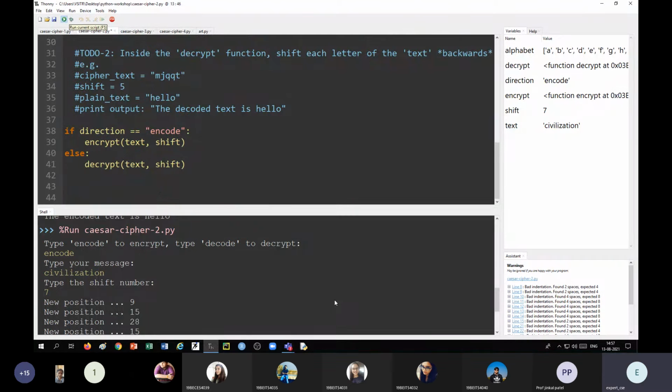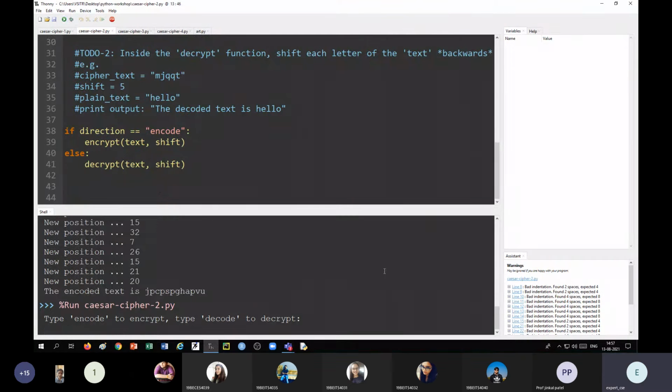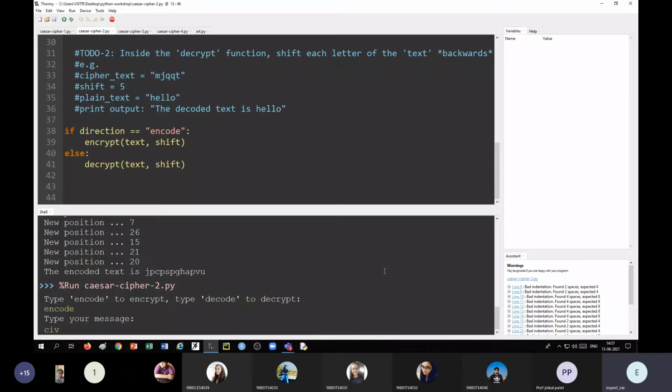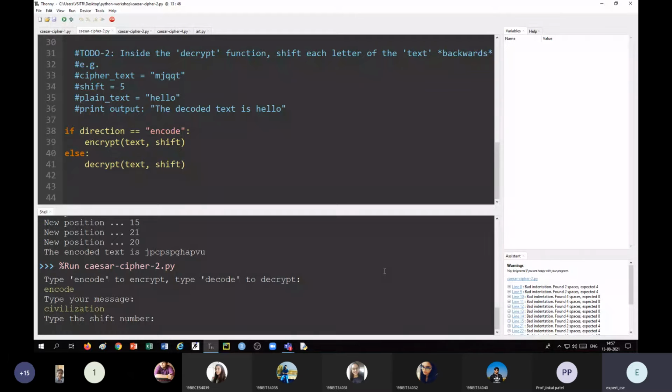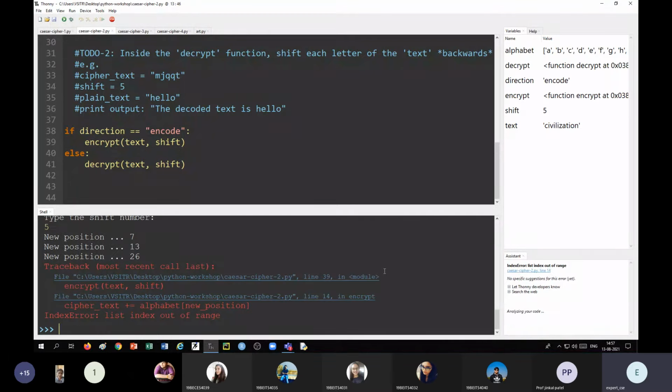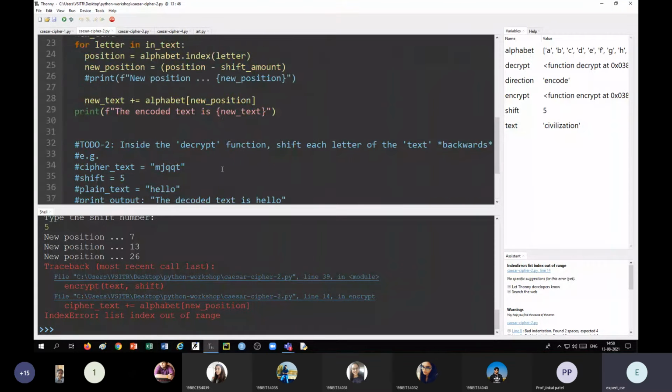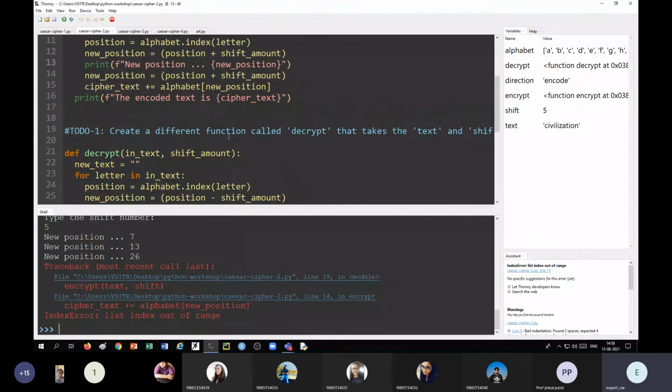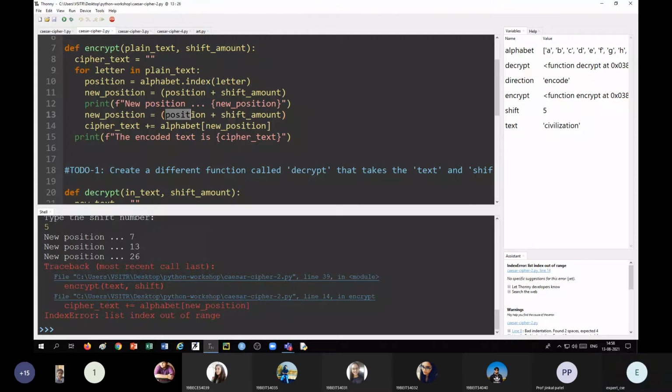Okay, let me run it again. I want to show you the error. Code, civilization by 5. Okay, you are getting an error, an index error, because whatever amount you get after adding the shift amount is more than 25.